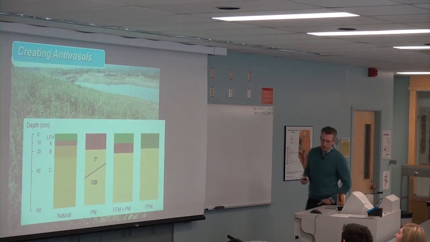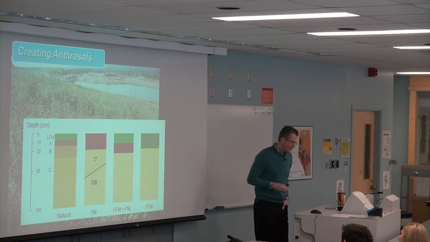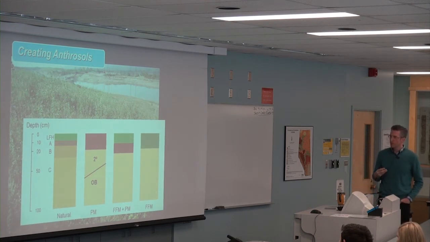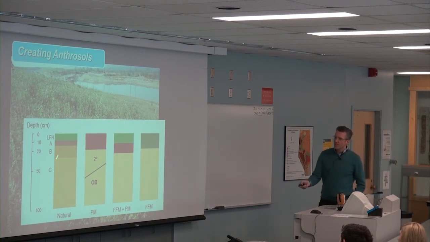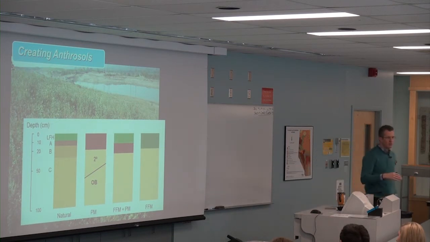Okay, and so as I mentioned before, we're creating anthrosols. In trying to, during the reclamation practice, we are building these clean surface soil materials. Okay, so if this is a basic profile for a natural soil, we have some amount of forest floor organics on the surface. We have an A horizon, a B horizon, and a C horizon. In the reclaimed environment, what we're doing is we are rebuilding this top meter of surface soils with clean materials